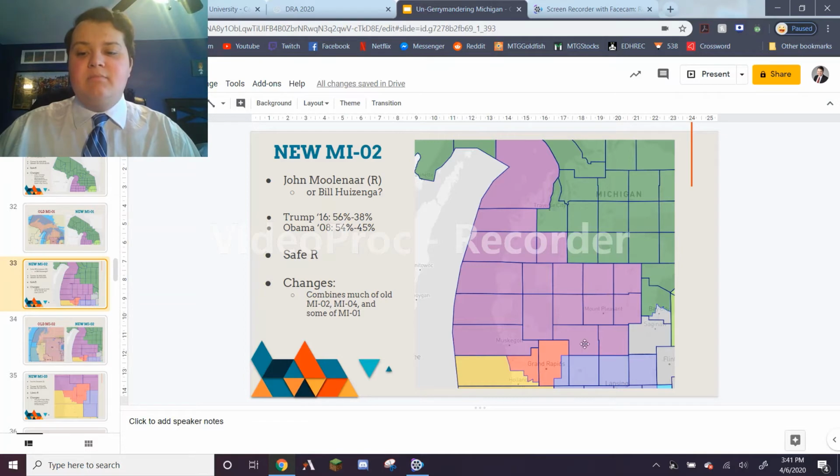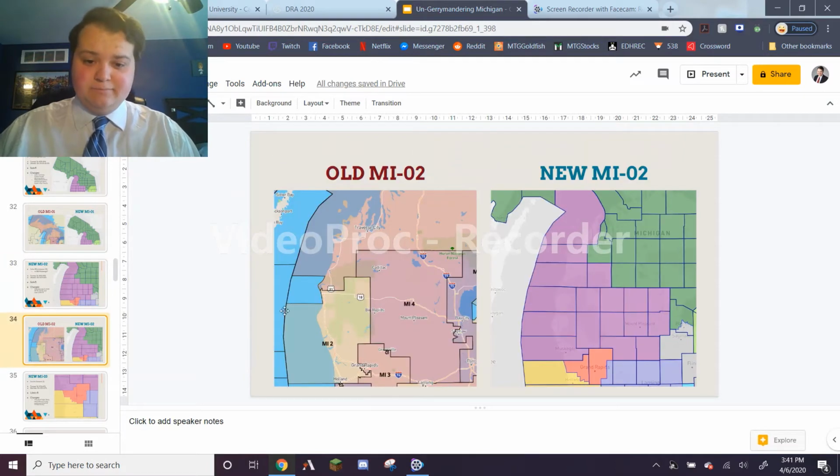This is basically the middle part of the state and much of the western shore, and it combines parts of the old 2nd District, the old 4th District, and the 1st District. So as you can get a cross-section of what we're looking at here, this is the 2nd District that Bill Huizenga represents. You can see everything except for the Ottawa County portion here, and then also the Kent County portion that it cuts into to cut out parts of areas that surround Grand Rapids. Those are all removed and put into other districts. Instead, you get more of the northern parts and more of the middle parts. So this is now my proposed 2nd district.